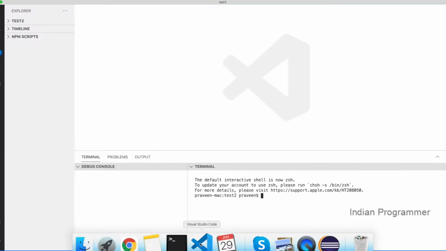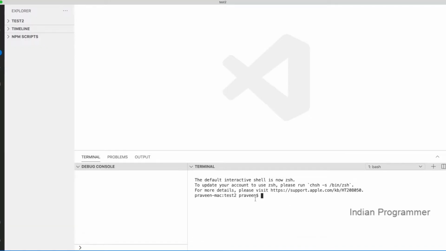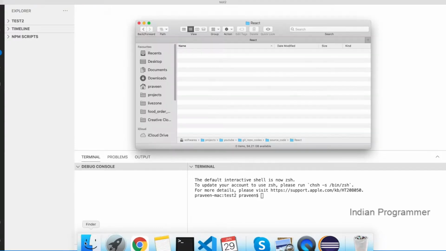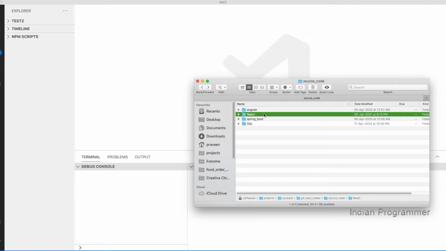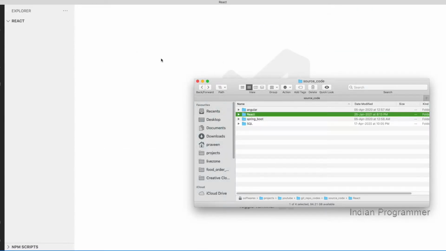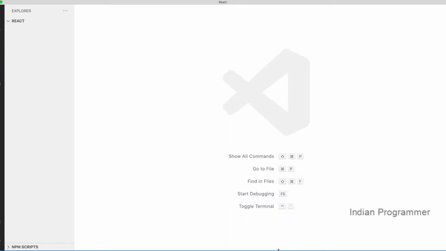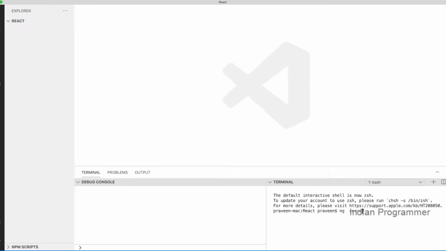Okay, so first I will create the project for the e-commerce React application. I'm just adding the folder in Visual Studio Code. As usual, first I will create the application using npx, the e-commerce app.